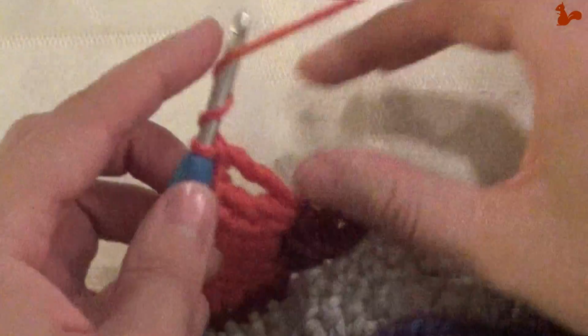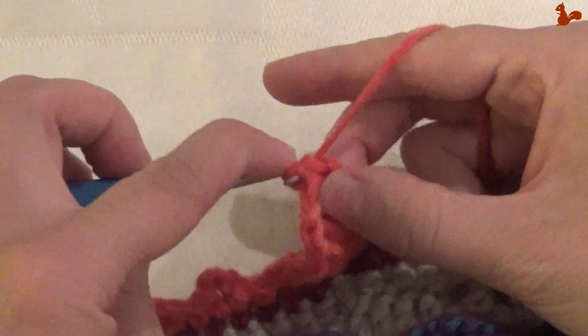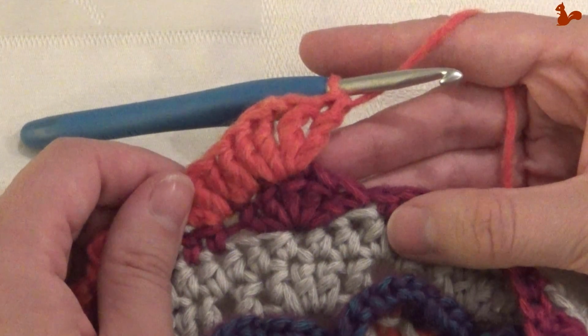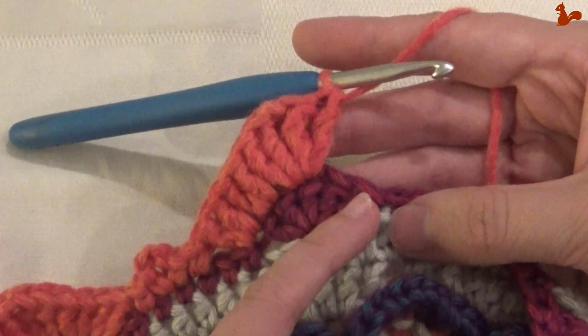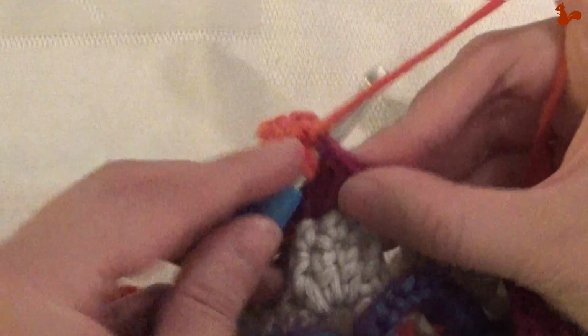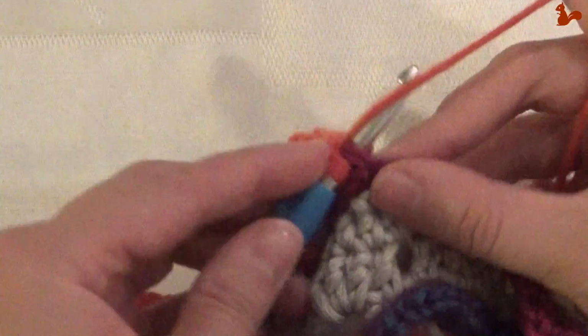it's 1, 2. So that's the corner stitch, or the corner stitch, the tip, the point. And on your last 2 stitches, 2 trebles in each. So 1, 2, and the last one. 1,